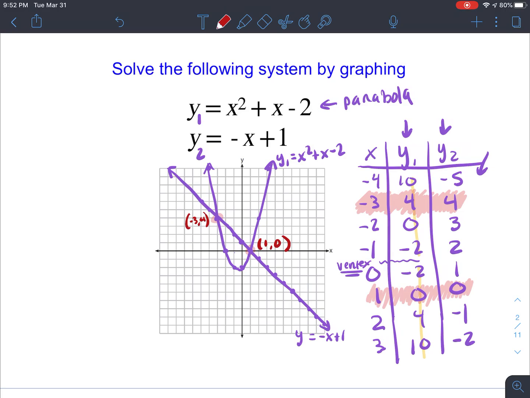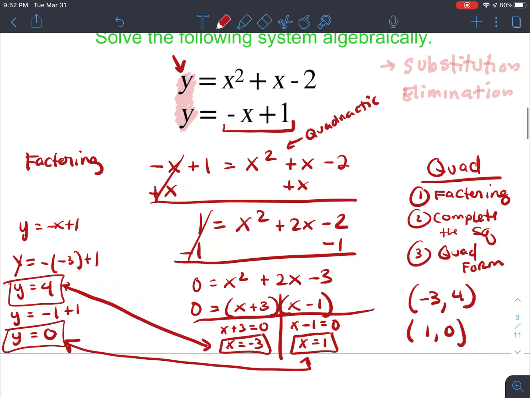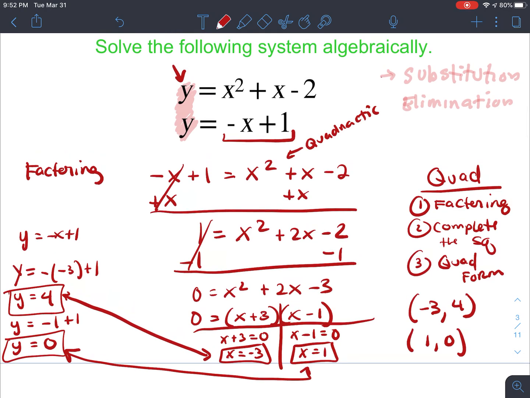So if we take a look back up at the graphing question that we just did, we see that we have the same answers. Okay, so we're going to stick with substitution for these. There are ways to do elimination, but substitution will always work. So for the rest of the questions, we're going